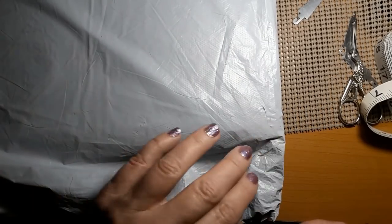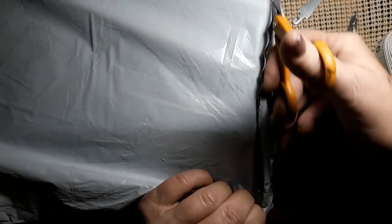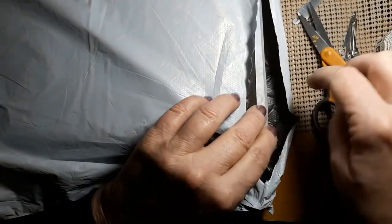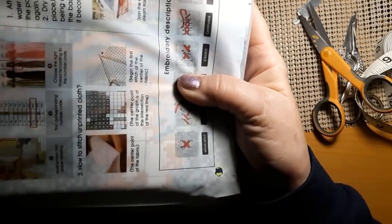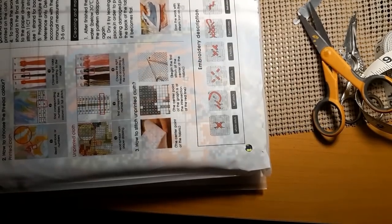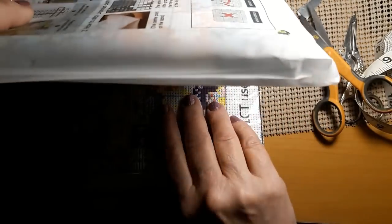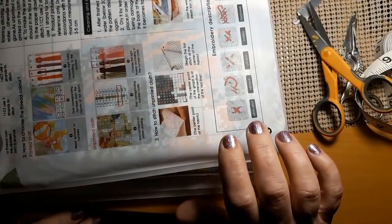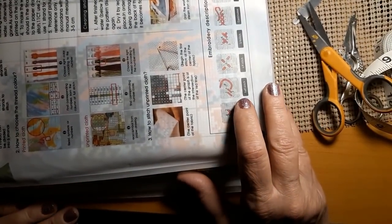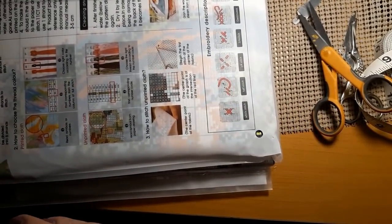I'm pretty sure where this is coming from, but we'll open it up and see just what is going on in here. I pulled it out. Get rid of the baggie because it makes a lot of noise. Let me take a quick peek. All right. Yep. Okay. This comes from